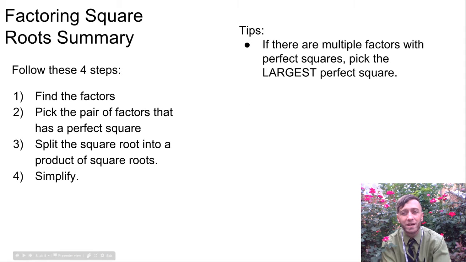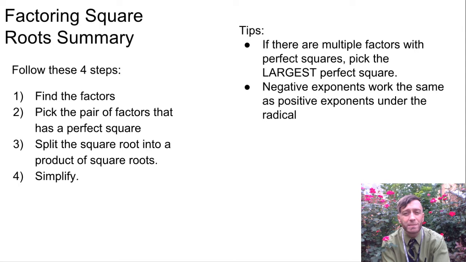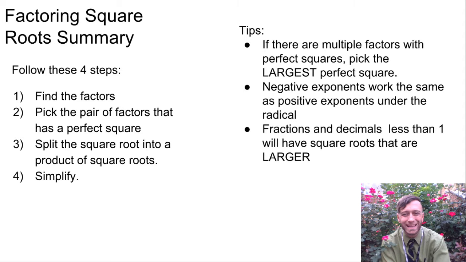If there are multiple factors with perfect squares, pick the largest perfect square. Otherwise, you're going to have to go through the process twice to find the simplest answer. Negative exponents work the same as positive exponents under the radical. Don't stress out about flipping it or trying to turn it into a fraction. Just follow the rules to find the square root and you'll be just fine. And lastly, fractions and decimals less than 1 will have square roots that are larger than what you see under